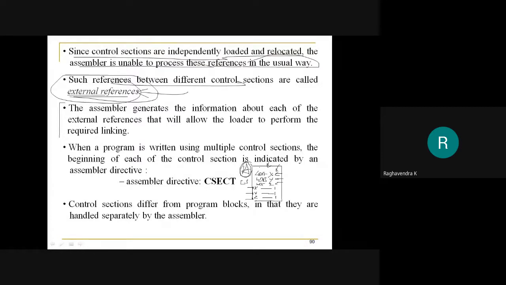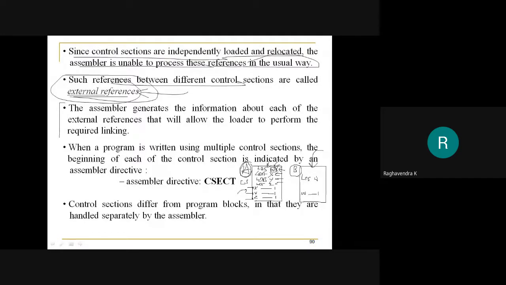But now let me add one more instruction, LDS W. This W is not defined in A. It is defined in a control section called B. So the symbol W here is not defined in this control section, but it is being referred to.